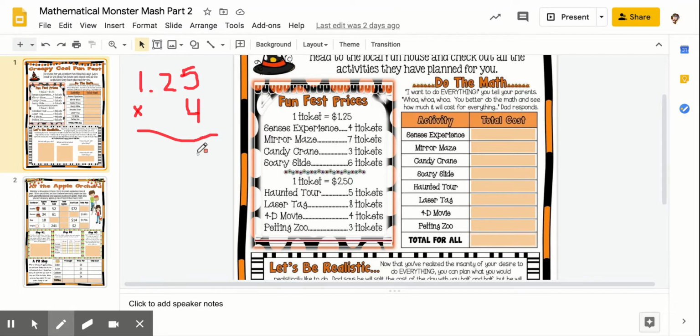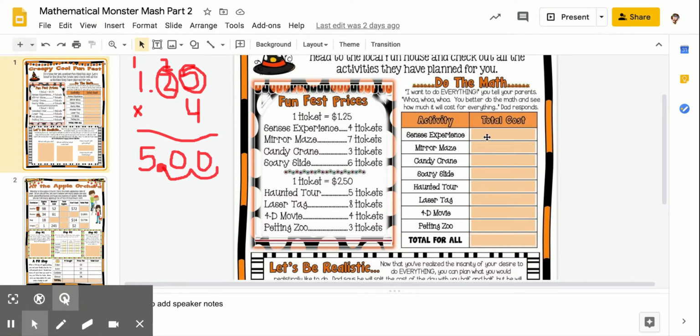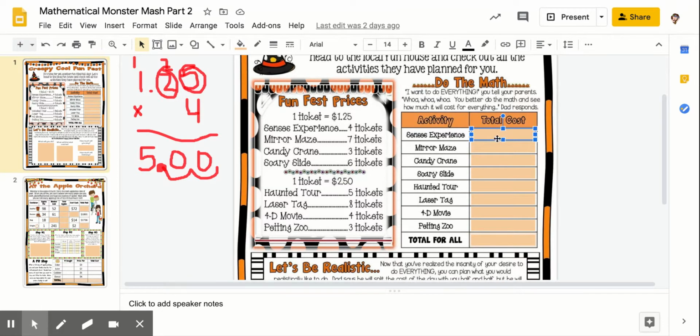Pretend it's a straight line. So I end up with 20. Carry the 2. 4 times 2 is 8, plus 2 is 10. Carry the 1. 4 times 1 is 4, plus 1 is 5. But I've got 2 numbers to the right of my decimal, right? So I need to scoot my decimal over 1, 2. And so my decimal ends up being here. So I end up with 5.00, so that would be $5. So the total cost of our Sense Experience would be $5,